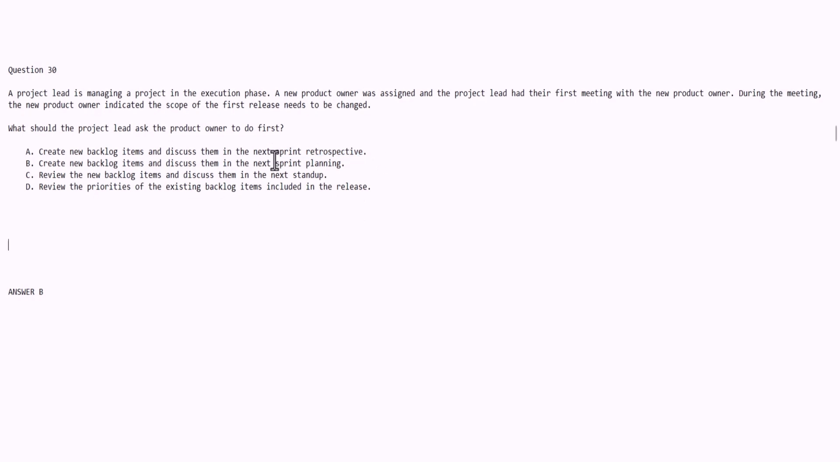Now, the correct answer is sprint planning, because in sprint planning, you look at your deliverables and you assess their ranking as far as priority, and more importantly, if you have new backlog items, you can have conversations as far as the validity of those actual items that are being presented. Now, in this case, if you notice the next option,